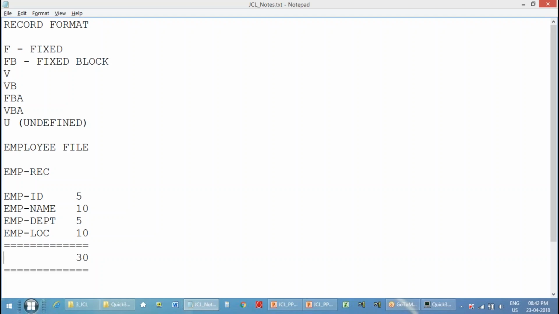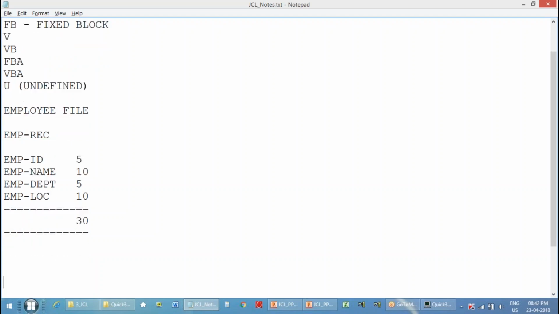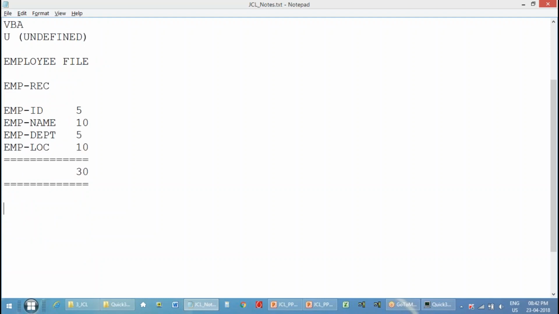Okay, so in an ideal scenario, it can be like this: A1111 can be the employee ID, followed by F1111, N111 is the name, which is 10 bytes, D1111 is the department, and